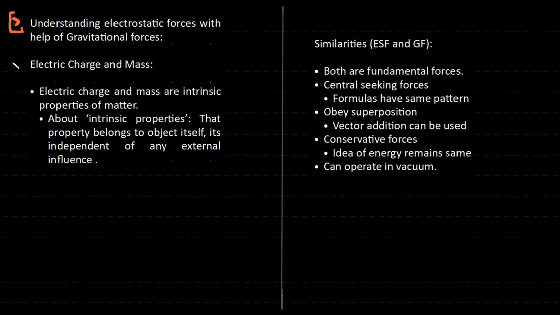Nature has us guessing all the time. It shows us a few patterns which are obvious, and it is showing us many other patterns which are not. So when it comes to electrostatic force and gravitational force, things are kind of convenient, you know. If I write F is equal to some constant multiplied with two things which are object dependent and the distance square,